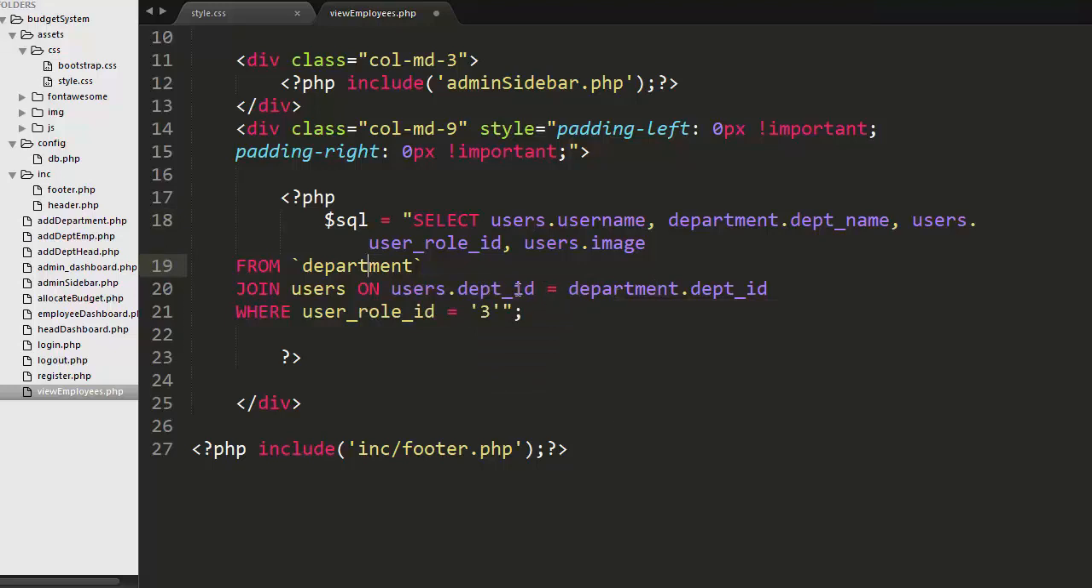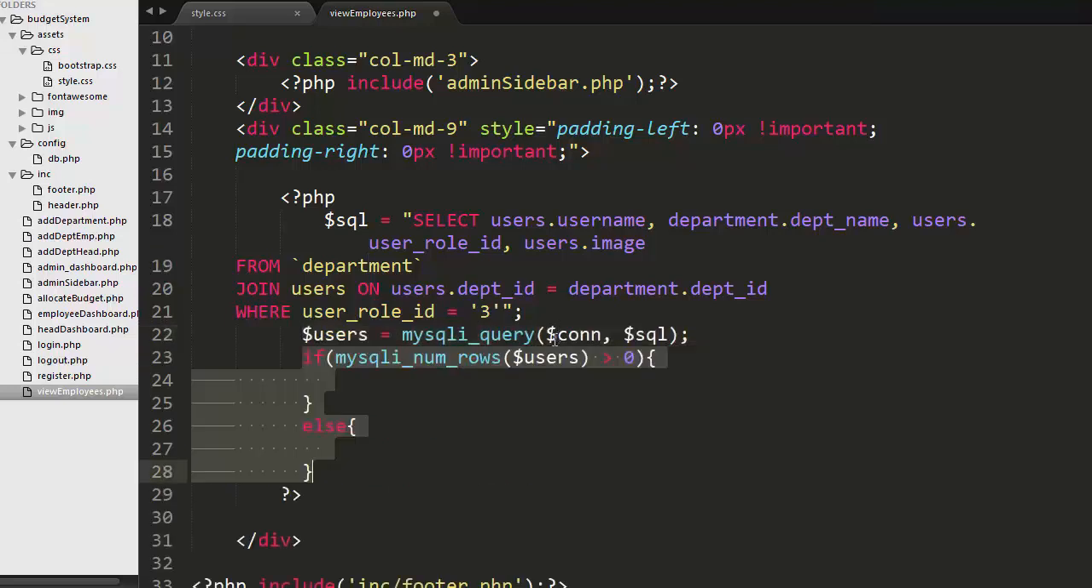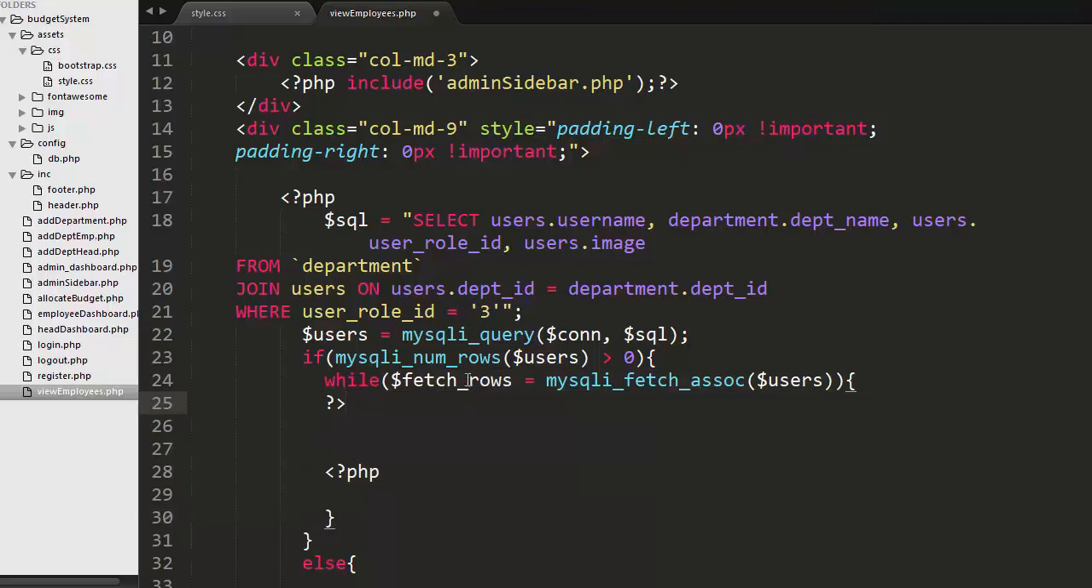And I want only those employees who has the user role ID 3, which means I want only the normal employees. Now I will execute this query, and if that query successfully gets executed, and if I have employees present in my table, then it will return few rows. Then I will be iterating over those rows using the while loop, and I will display the information in the form of a card. And to display that card, I have created a 3 column div,